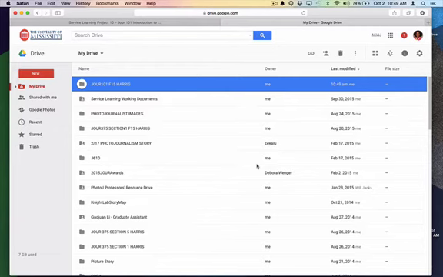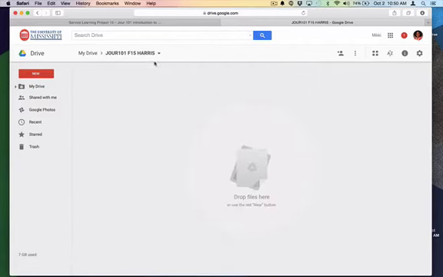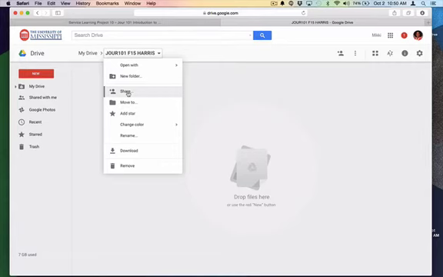Once your folder for our course has been created, I want you to now give me access as well as Professor Wenger access to this folder. Double-click the folder, select from this drop-down arrow, Share,